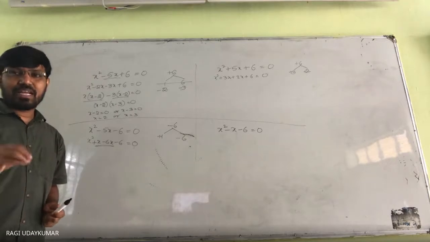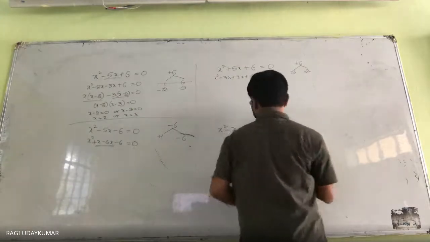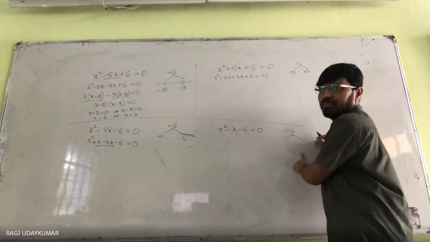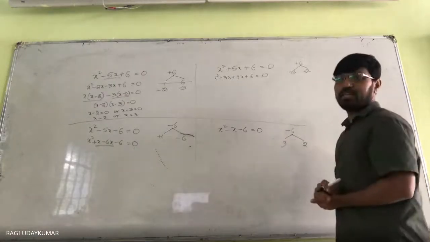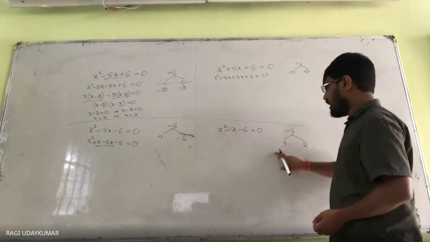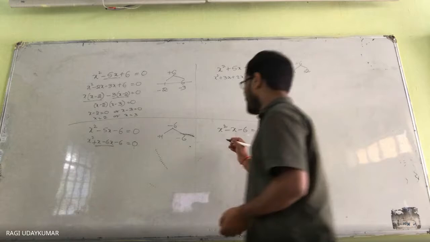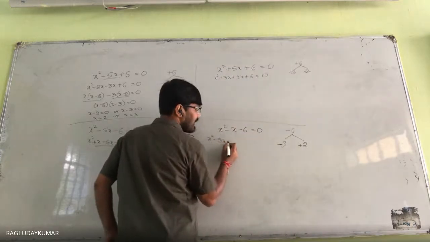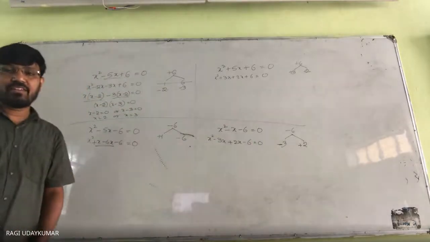Do remember, whenever I explain to you, not only. So here, minus 6 is there. So whenever you take the minus 6, the difference should be equal to what number? One, sir, difference 1. In this situation, we need to take the 3 and the 2, and the sign of the bigger one is minus. Whatever sign we are having, that sign should be given to the greater number, and the other should be positive. Then we are going to split this one as x square minus 3x plus 2x minus 6 is equal to 0. Everyone understood? Yes, sir.